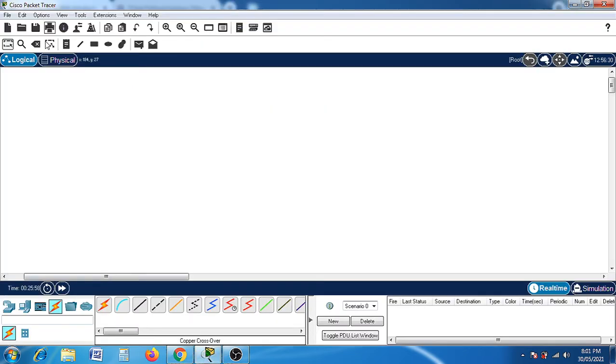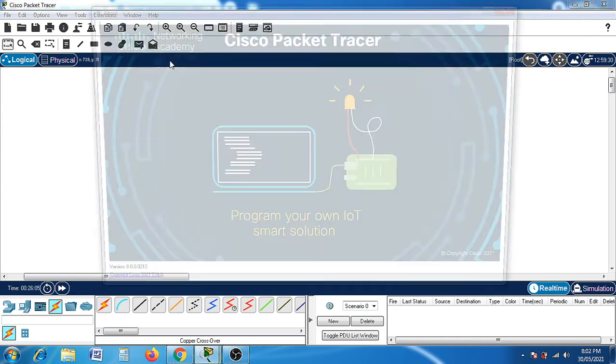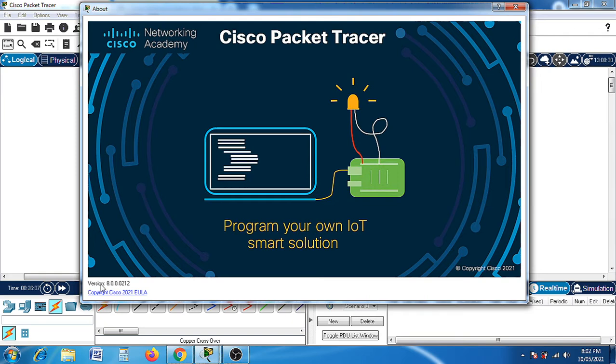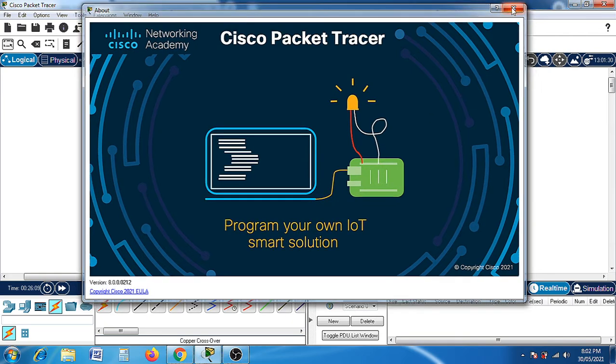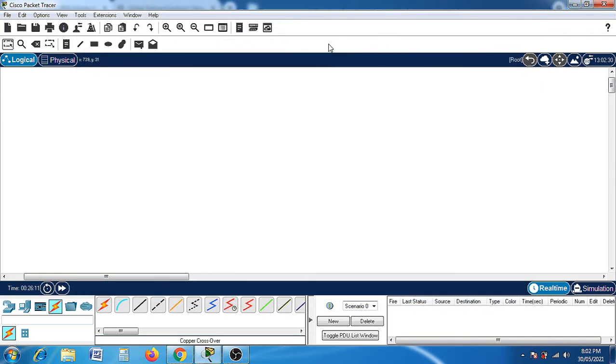So for that, this is the Cisco Packet Tracer environment. As you can see, this is the environment of Cisco Packet Tracer, and this is the stable version, that is 8.0. Various kinds of end systems we can use, various kinds of topologies we can involve in such practicals. In today's lecture we will simply see how two systems communicate.